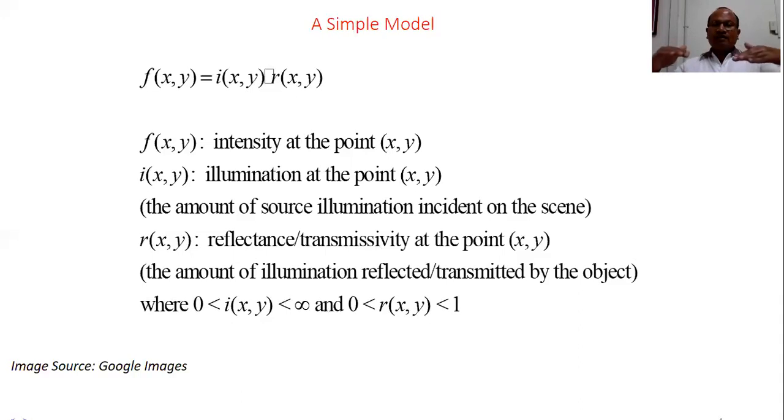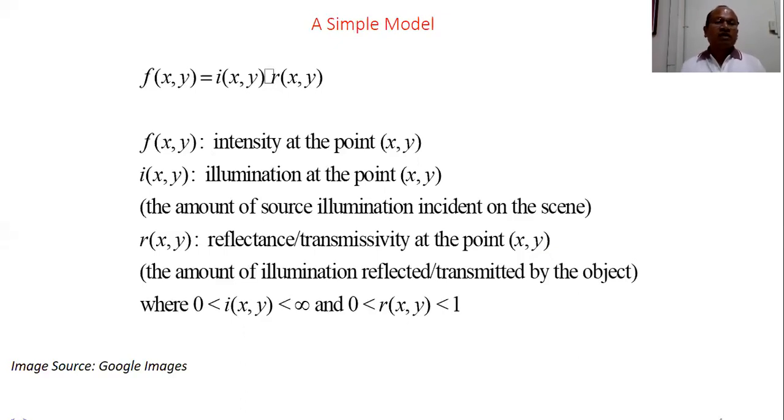How much is incident is the total illumination. The source of energy is there, light or sunlight is there, and the light is incident on an object. How much light is incident is i(x,y) at a certain point. How much light it reflects back is the reflectance component. And any image is formed, created, and can be visualized only on the basis of these two components,